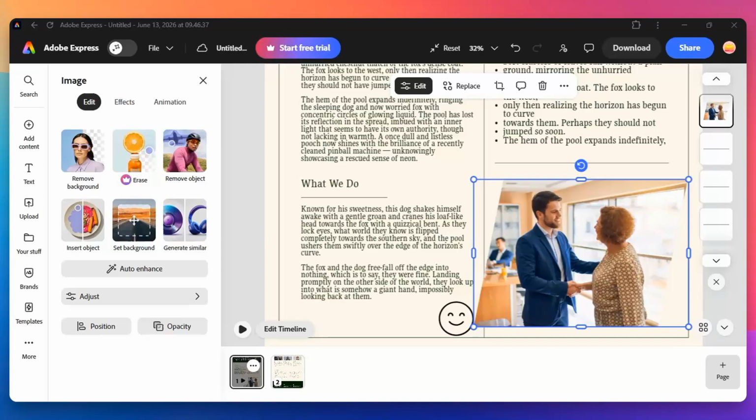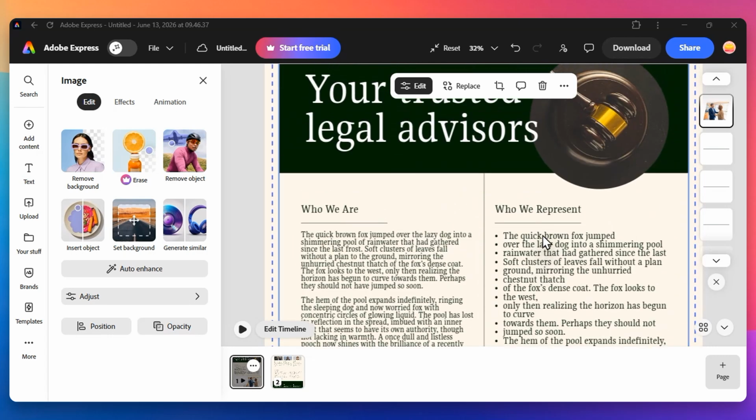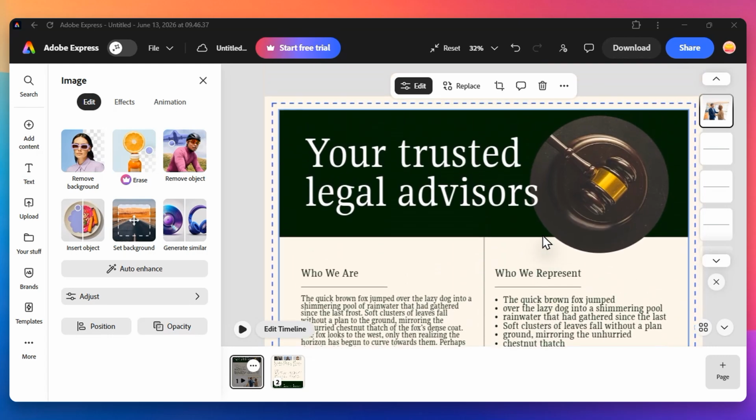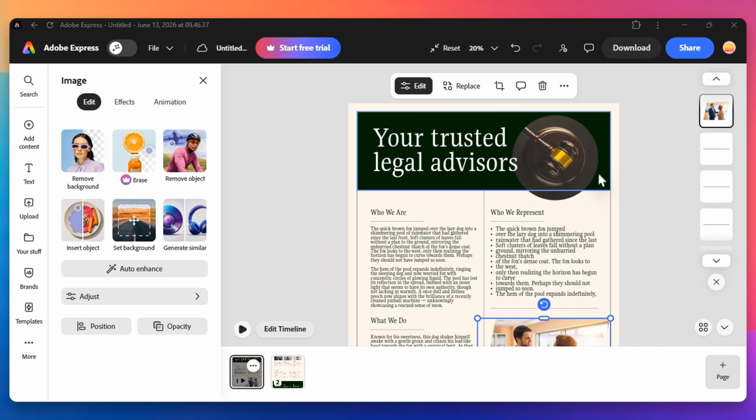In this video, I will show you exactly how to download your creative projects as high-quality images using Adobe Express. Whether you are designing social media posts or beautiful photos, knowing how to export your work properly is essential for getting the best results. To begin the process, look toward the top right corner of your computer screen, where you